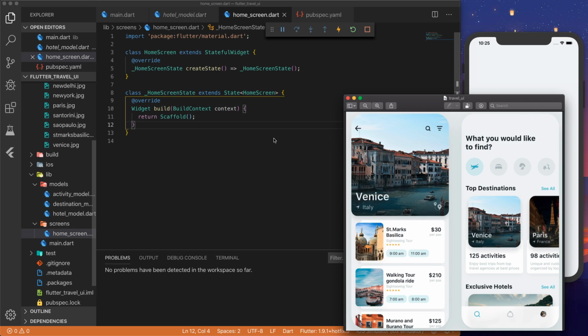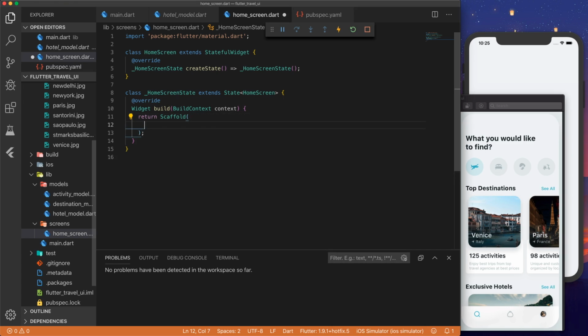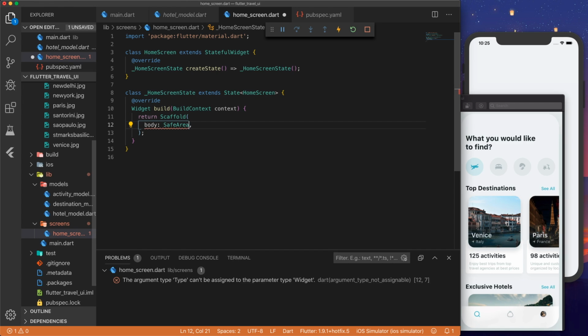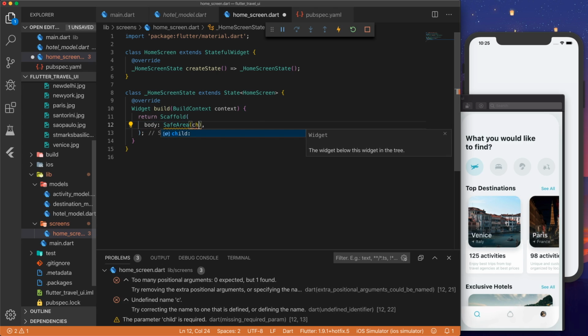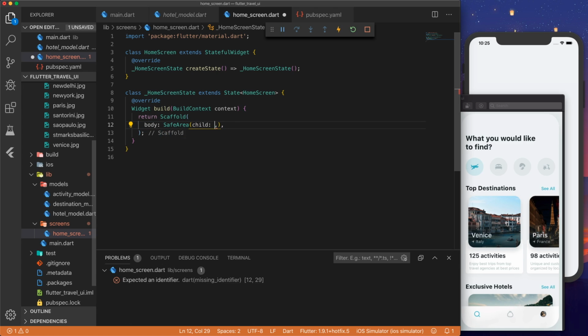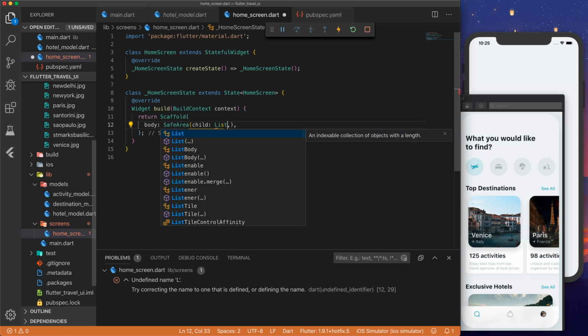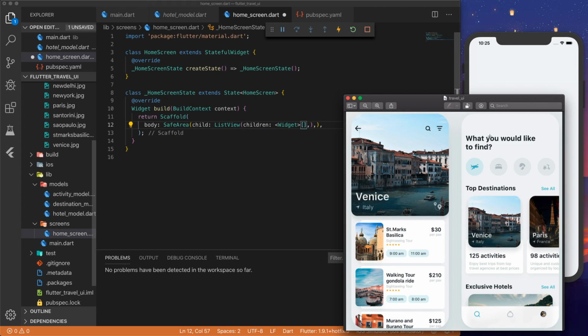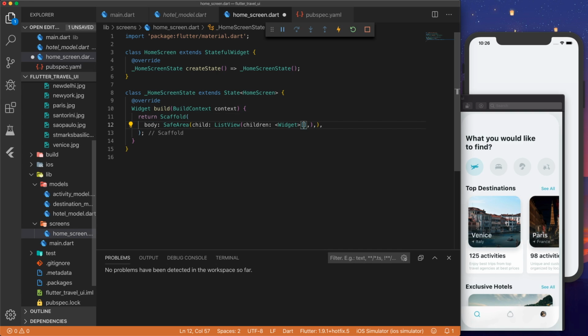Now we can implement this by going into our scaffold, adding a body. Let's use a safe area to apply automatic padding around our widgets inside our scaffold. We're going to make a list view because we expect this whole screen here to be scrollable, since we're going to be able to scroll to see top destinations and then scroll down more to see exclusive hotels. Inside our list view widget,